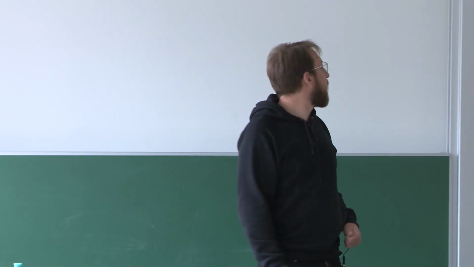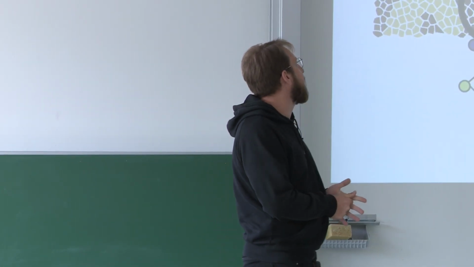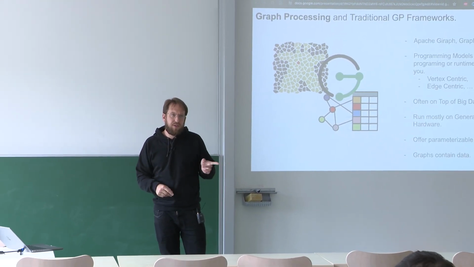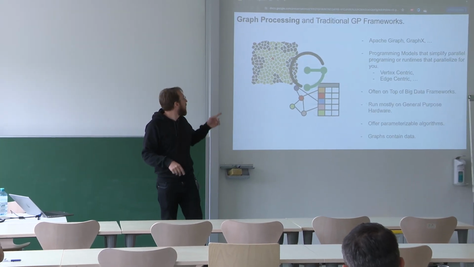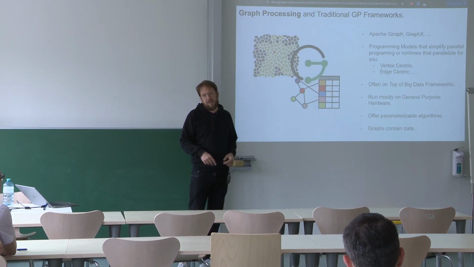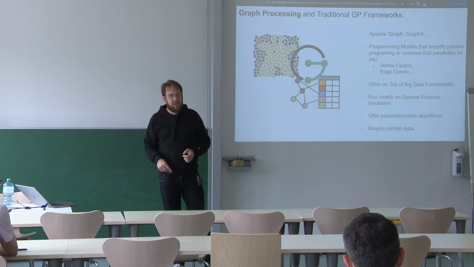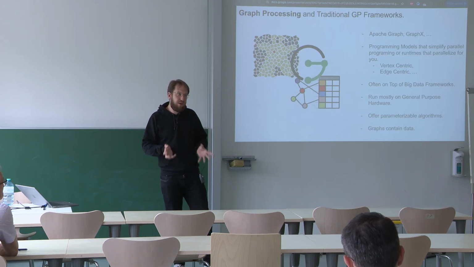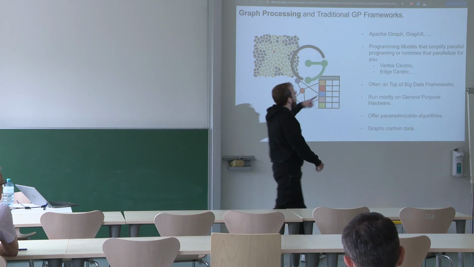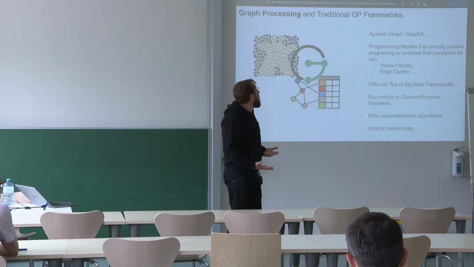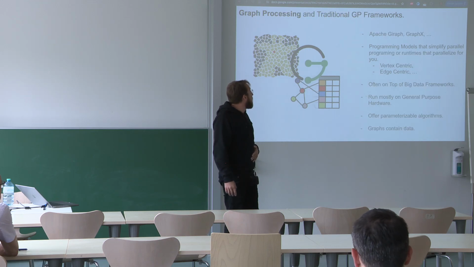Graph processing in these more traditional frameworks, there's Apache Giraph and GraphX, and these are mainly these big data frameworks. I mean, Apache Giraph is a vertex-centric approach and only written for graphs, but GraphX is the extension for Spark, for example, right? And these are all iterative algorithms then, in a kind of bulk synchronous parallel fashion, because they inherit that behavior from the big data frameworks they are built on, right? Programming models are simple, and